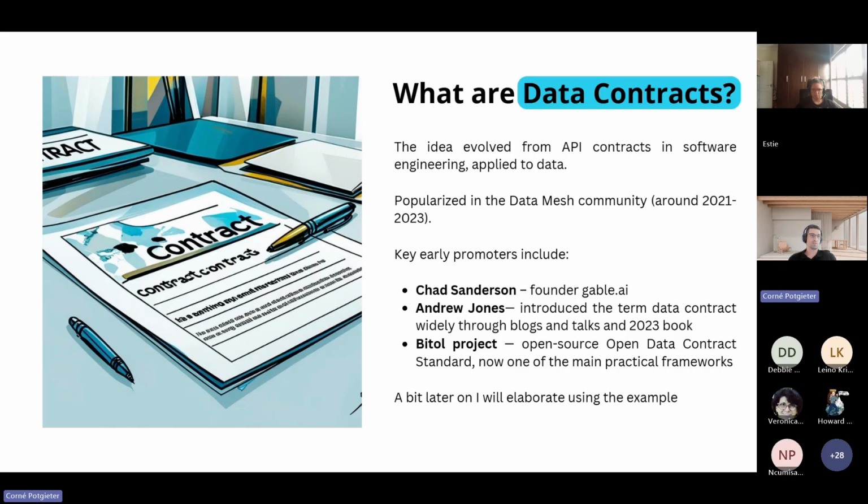Some of the key early promoters were Chad Sanderson, who is still quite active on LinkedIn, the Gable.ai founder, and Andrew Jones, a UK-based data engineer who also wrote a lot of blogs, gave talks about data contracts, and wrote a book about it in 2023. There's also now an Open Data Contract Standard, which I will dive into in a bit more detail at the end, which is an open source framework for data contracts.